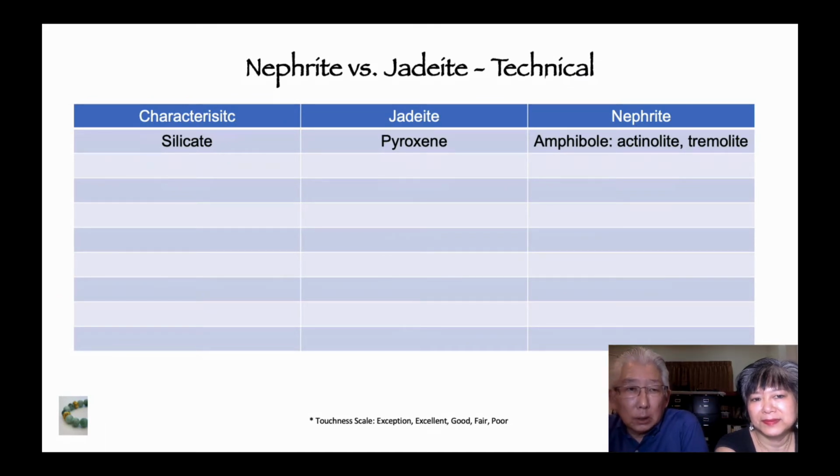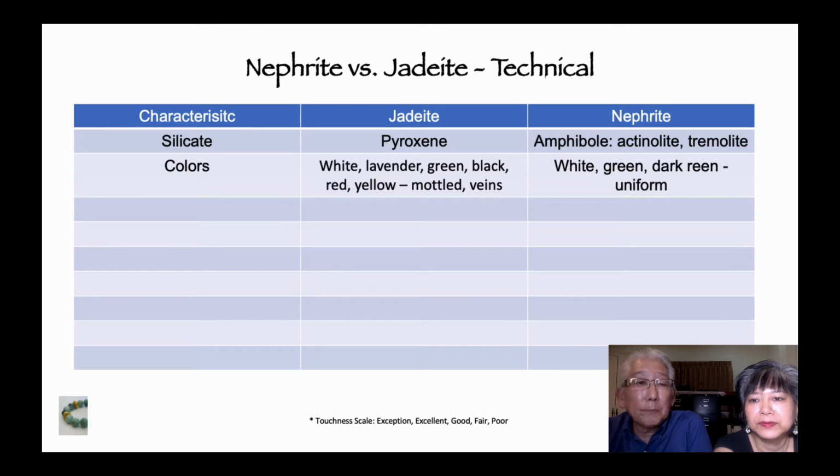Now I know it's a little bit technical, but you guys asked for it. So I'm going to go through a bunch of characteristics about nephrite versus jadeite. I should say jadeite versus nephrite. I'll just go over some of these real quick, but they both have silicate in it. Jadeite falls in the pyroxene group, and nephrite falls in the amphibole. So colors, you'll see that